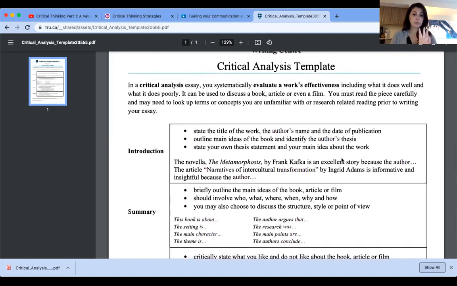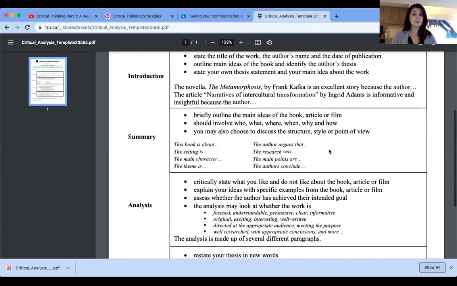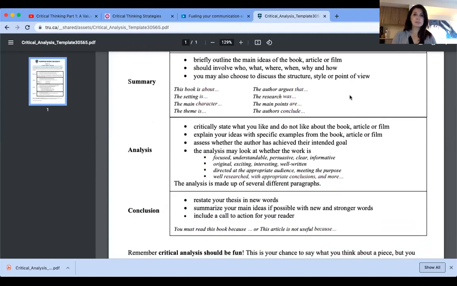We're not talking about critical analysis. We're talking about the debating argument, how you argue your point of view in writing and how you argue your point of view in the debate or in the communication, in the presentation. Imagine that you're presenting your point of view to your boss soon. So you need to have that clear understanding, the introduction of the issue, then you need to summarize it. When you summarize it, you say, for example, the research was talking about, the issue is about. So clearly you are able to say it in one sentence.